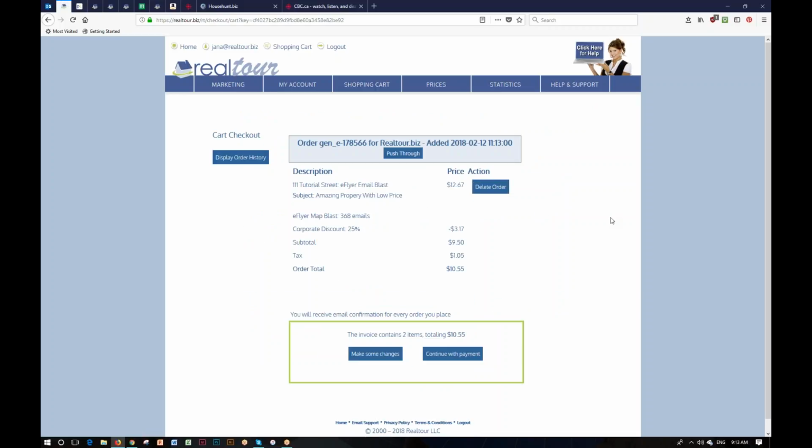It adds the order to my shopping cart. And again, we're in the shopping cart. There's a little summary. There's my subject matter. It's going to 368 people. I have a corporate discount. That's just because we're in my testing account. Just ignore that. Once I pay for this, my e-flyer will join the queue and it will start to go